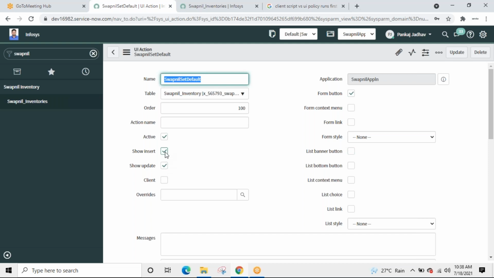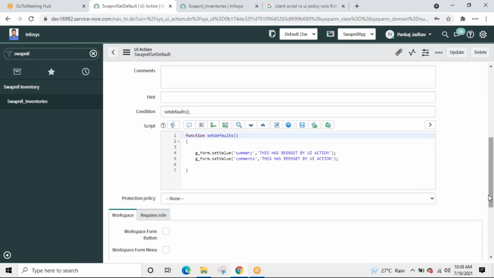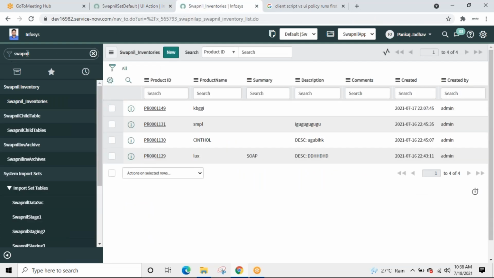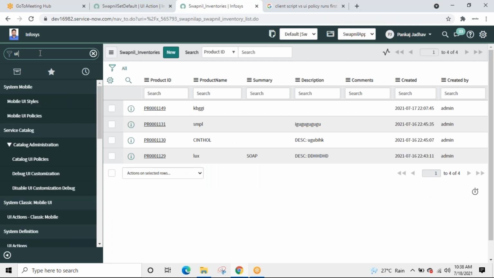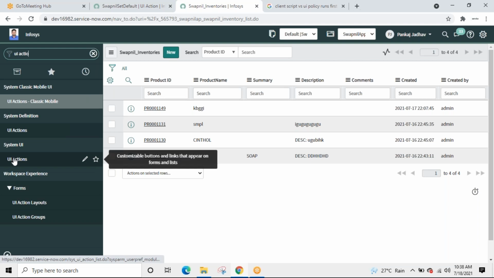Show the button on insert, show the button on update. Okay. And form button. Okay. And then list banner, list bottom, set defaults. UI actions.